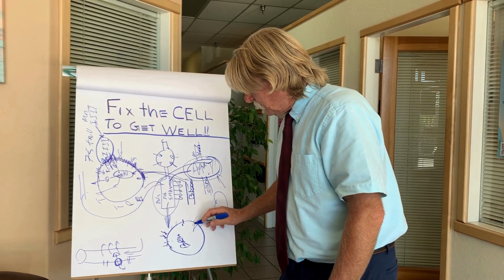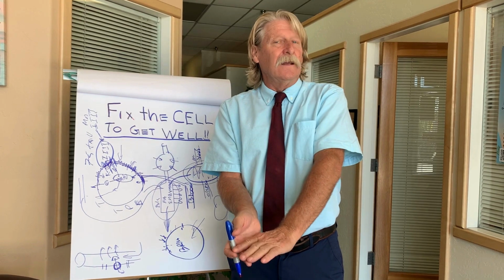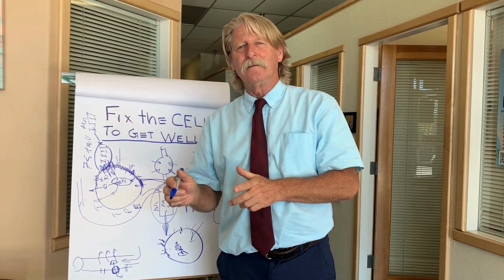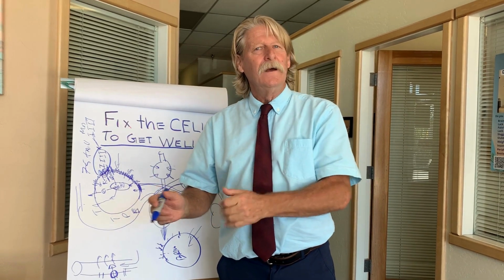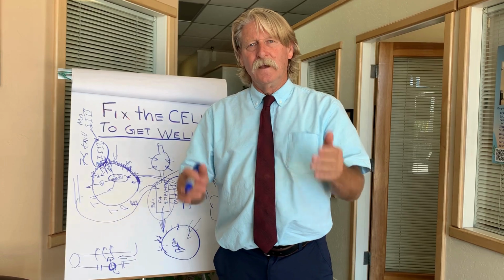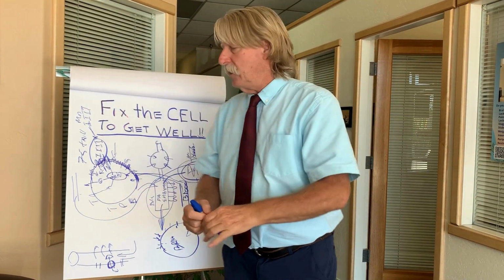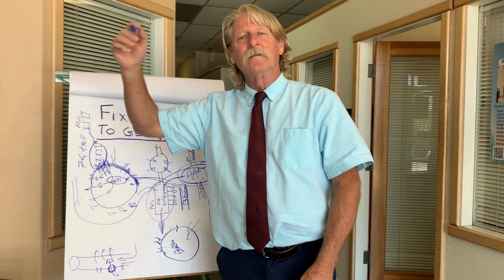And guess what gets in there? More plaque, more toxins, and insulin. Hyperinsulinemia has another name. It's also called diabetes type 3. Diabetes type 3 has another name. It's called Alzheimer's disease. So actually, by having all of this situation going on, the end product is many diseases,